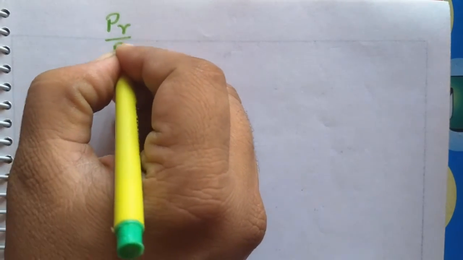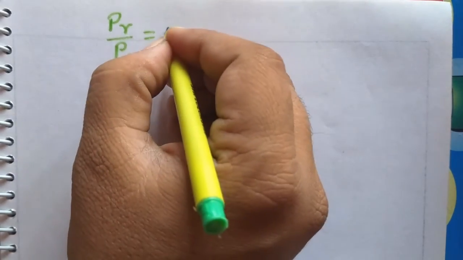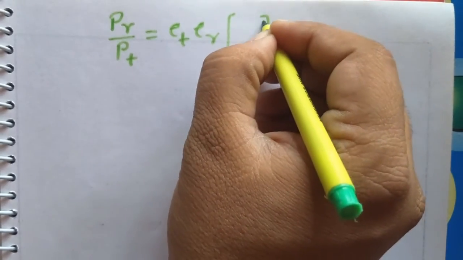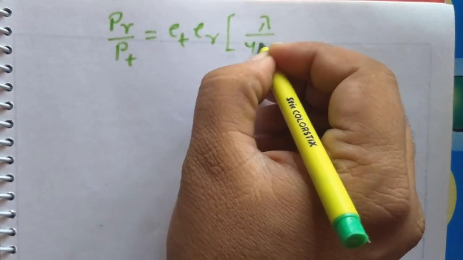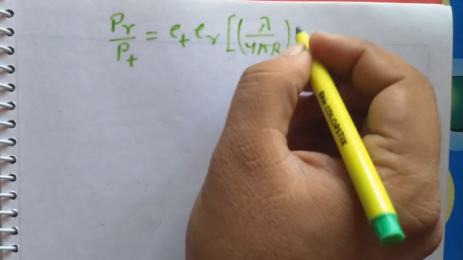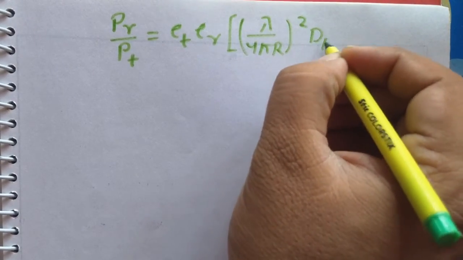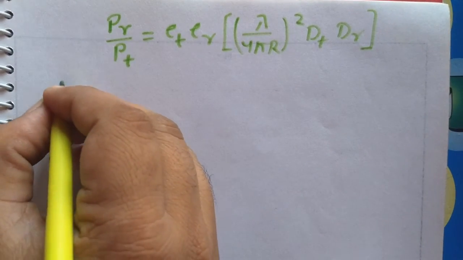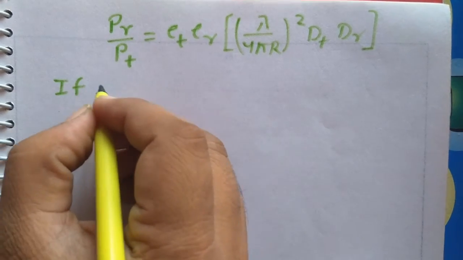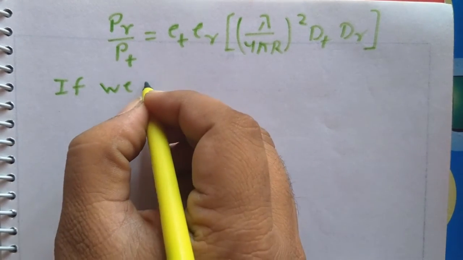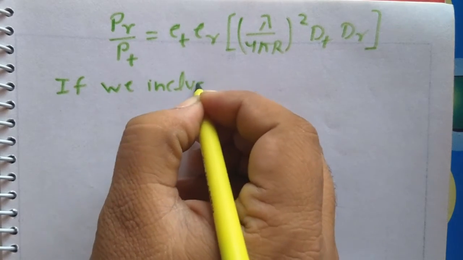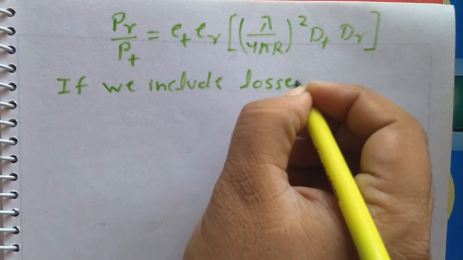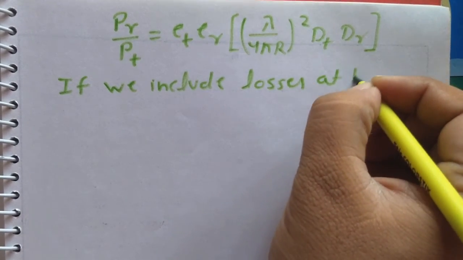PR divided by PT equal to ET ER lambda upon 4 pi R whole square DT into DR. Okay, if we include losses at both ends,